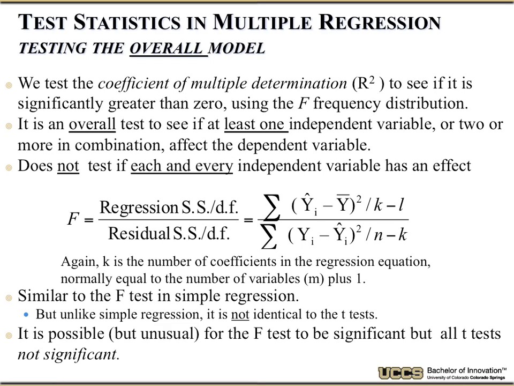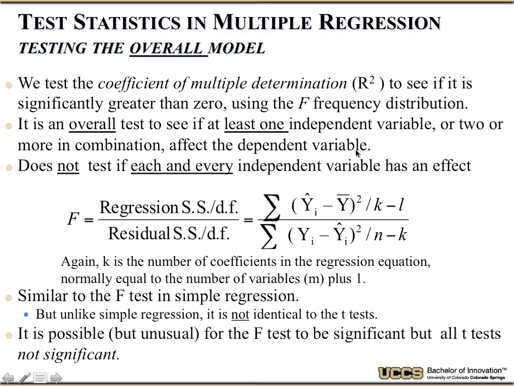A little bit like ANOVA. It's actually a direct analog of ANOVA. ANOVA said, is there a relationship between these variables? It doesn't tell you which one. It just says there is a relationship. If I take the overall model and I get something that the F statistic says is significant, I'm saying there's a relationship between these variables. It's not telling you what the relationship is. It's not saying which variables matter. Some of them might, some of them might not.